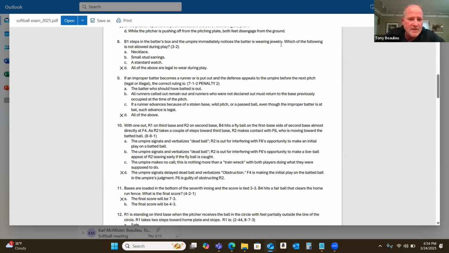Number 8, B1 steps in the batter's box and the umpire immediately notices the batter's wearing jewelry. Which of the following is not allowed during play? Necklace, small stud earrings, a standard watch. Those are all legal unless, what did we say? Unless you, the umpire, deem that